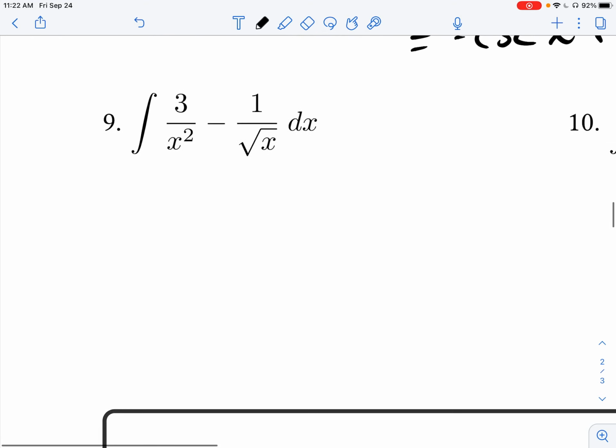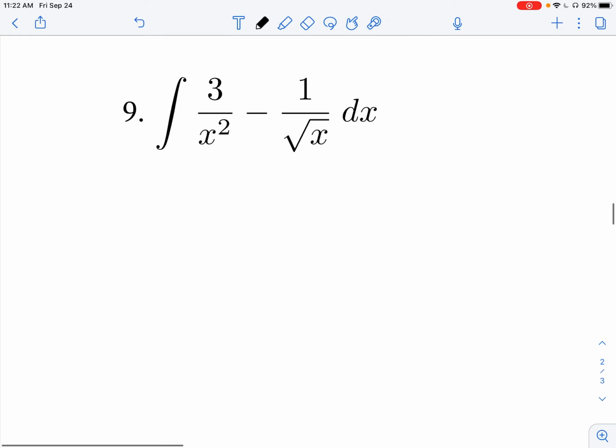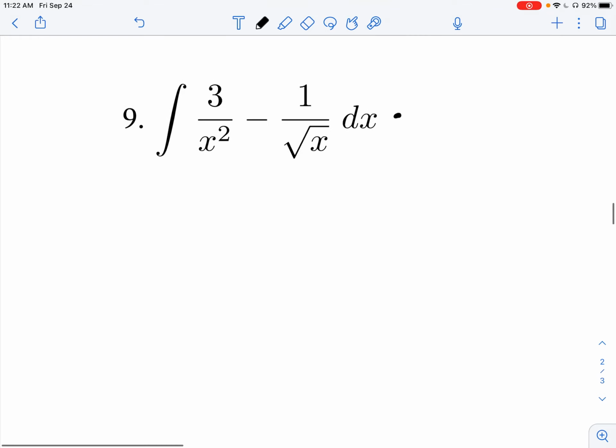Let's give this one a go. Pause the video and see if you can attempt that. Well, first thing I'm going to write, make sure we understand that this is the same thing as 3x to